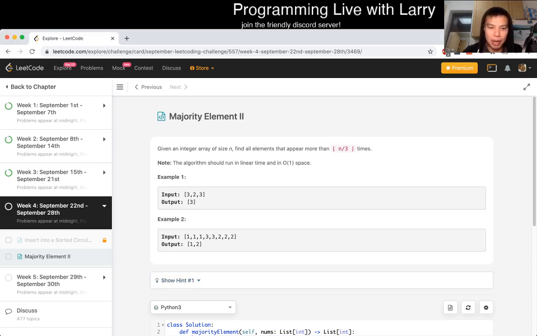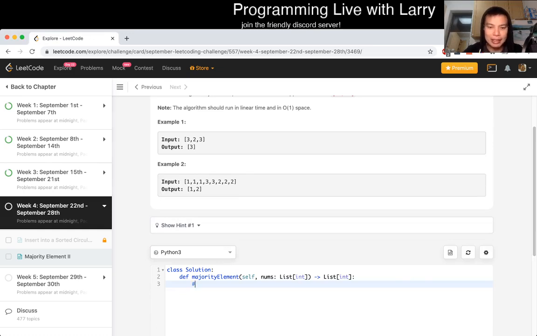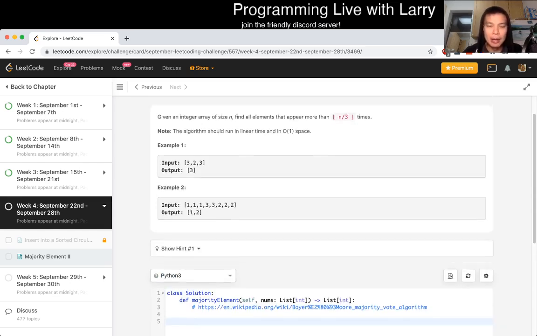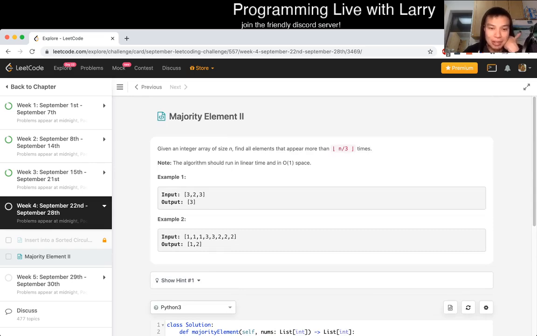I've seen this problem before. I'm going to put a link here. I just Googled it real quick. But that is the algorithm that you should know as a prerequisite for this. And I don't know how practical it is for interviews, but it is just something that I figured I would need. But I haven't known how to solve this